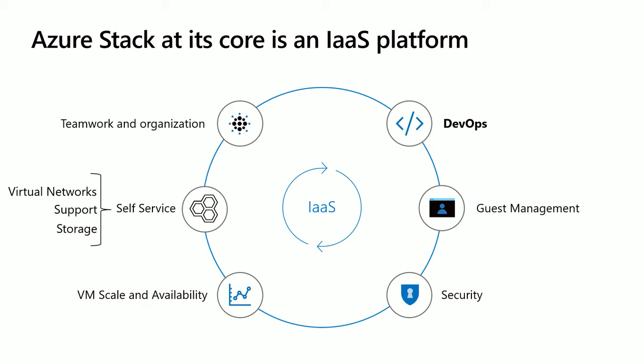So what I really want to say is Azure Stack, at its core, is an IaaS platform. Of course, we have a lot of PaaS services available as well, but at its core, it is an IaaS platform. So it not only has basic IaaS features like creating virtual machines, but it also brings a lot of the features from Azure. So whether it is being able to share your virtual machines to the right set of people using RBAC, or whether it's able to use resource groups to organize your virtual machines into a particular group,